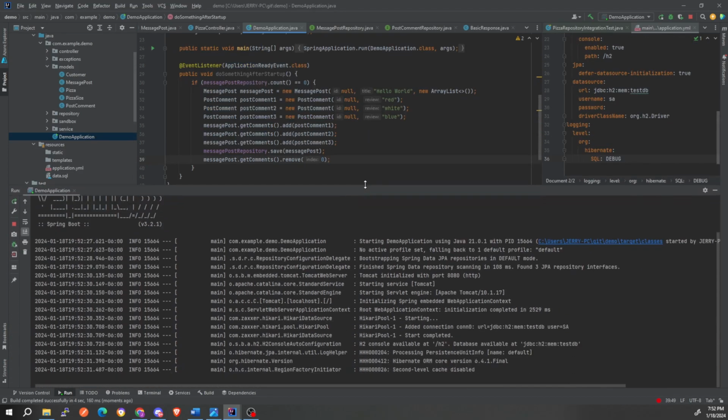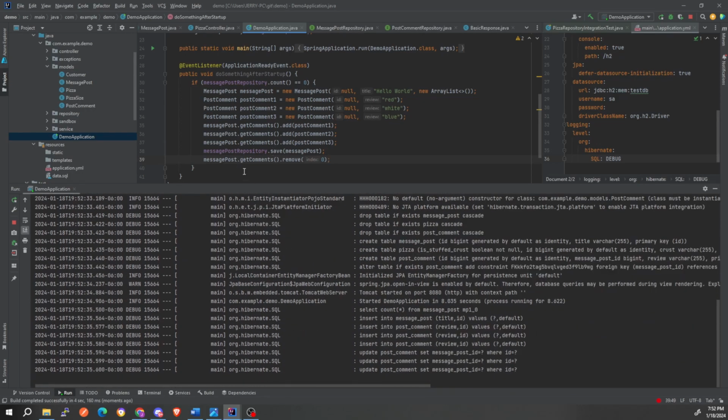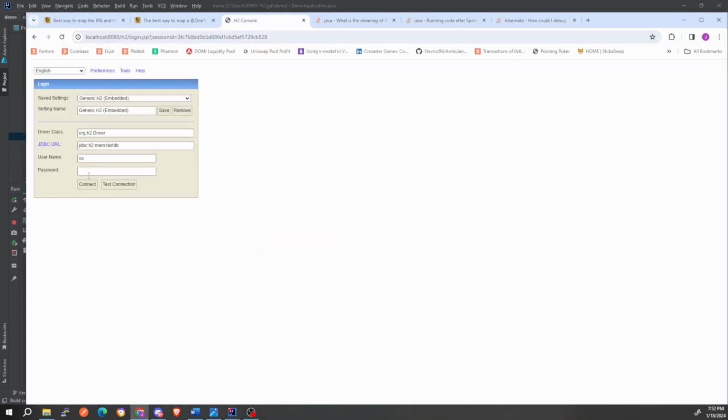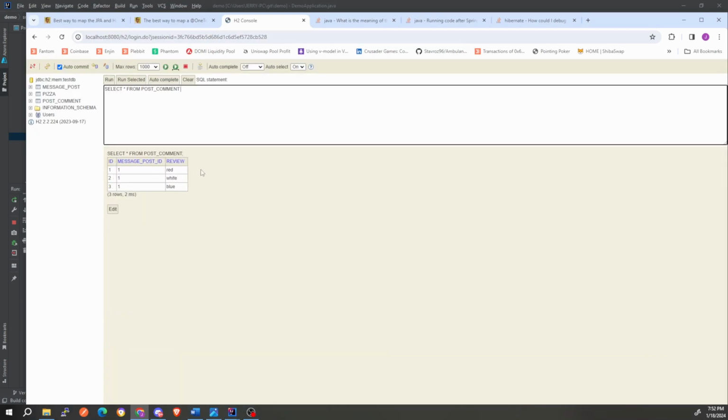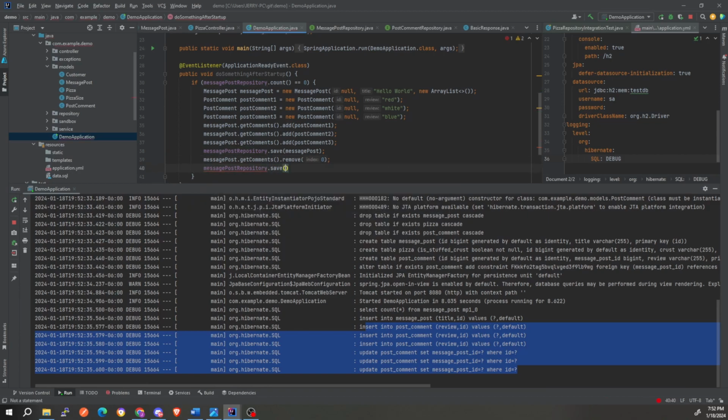So let's see what happens here. I am saving the message post with these 3 children, but then after I save, I say remove the first one, and look, it's not there, right? So if I go back here to the console and I look at the post comments, I should still see, yeah, I still see 3 with 1. However, if I do message post repository dot save message post like this,